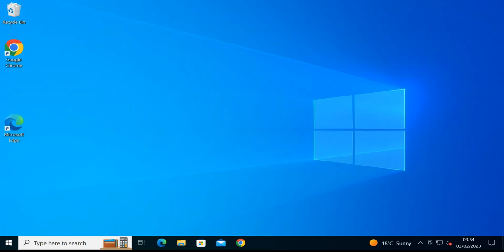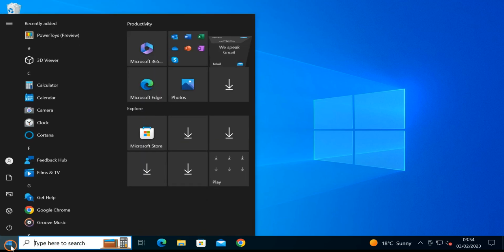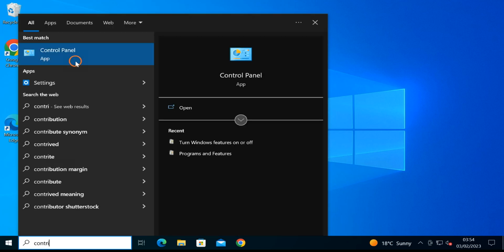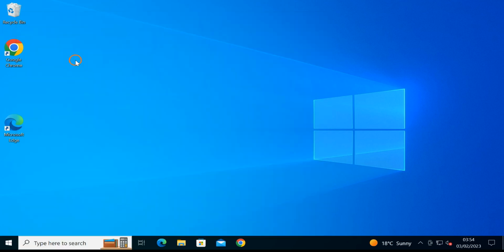Next method is control panel. Through control panel also you can find if your Windows 10 runs 32-bit or 64-bit operating system. For that, click on the start button and here type control, then click on control panel app.